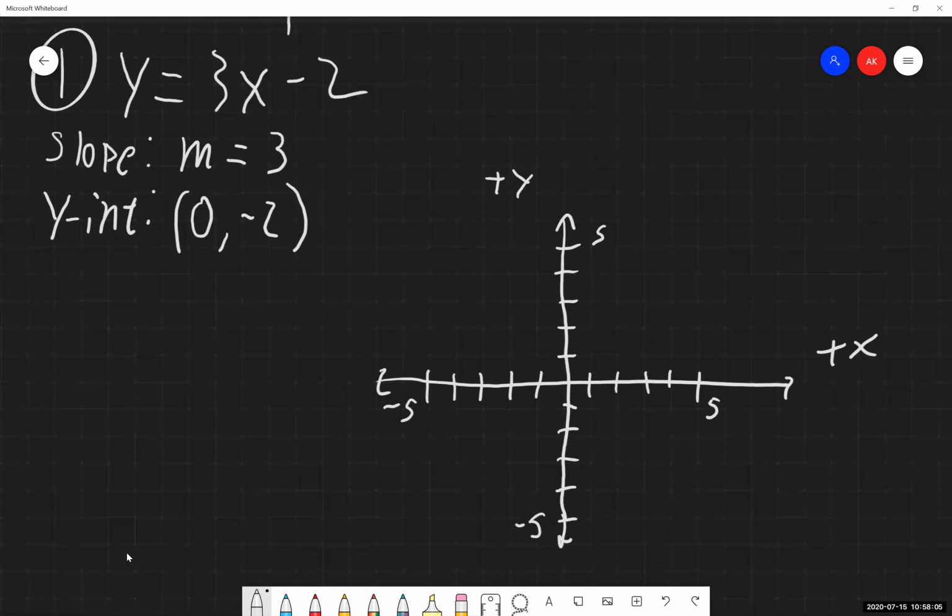Now I'm going to graph this thing in red just so it stands out with our points and what we're doing with this. So our second step, to plot the y-intercept on a set of axes. Our y-intercept is at 0, negative 2. It's going to be right down here. Now we're going to use the formula for the slope, the rise over the run, or the change in y over the change in x, either of those, to count horizontally and vertically to the next point on the graph.